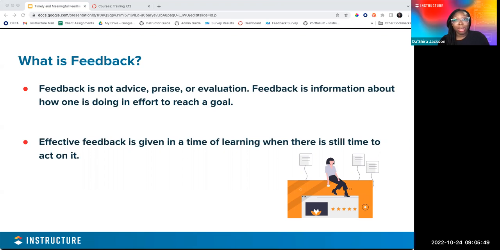Yes, we can give them feedback about how they can improve, but they don't have that opportunity to improve because the final grade has already been given and decided. An example in your course would be, before a project or an assignment is due, having a checkpoint where students turn in what work they have at that point, and you can go through and provide them feedback, encourage them, and give suggestions for improvement. That's how you can handle that. Or you could use peer review. Just make sure it's something that happens before that final grade is due.